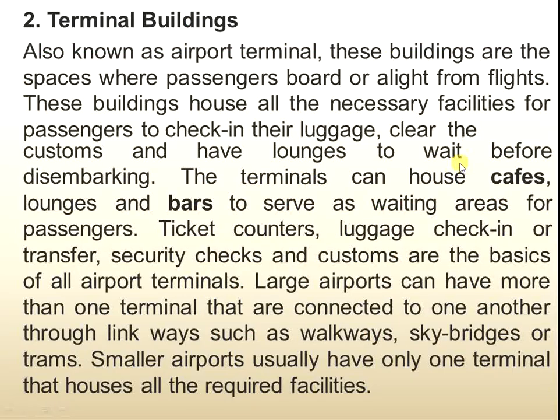The second component is the terminal buildings. The second component of the airport layout is the terminal building, also known as the airport terminal. These buildings are the spaces where passengers board or alight from flights. This building houses all the necessary facilities for passengers to check in their luggage, clear the customs, and have lounges to wait before